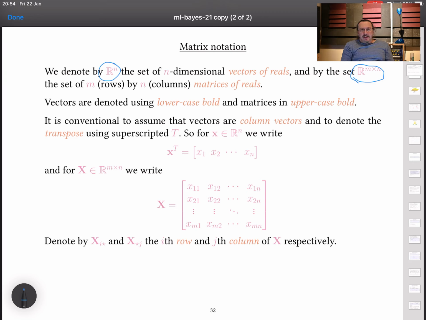It's conventional within this field to assume that vectors are column vectors. Transpose is denoted using a capital T, and that is why you will often see vectors written in a transposed form, because once you want to get them on a row within the text, you need to turn them into a row vector, and by convention they're column vectors. That, as far as I can tell, is something that's been imported from the signal processing literature several decades ago, so don't blame me for that. It's just a standard.